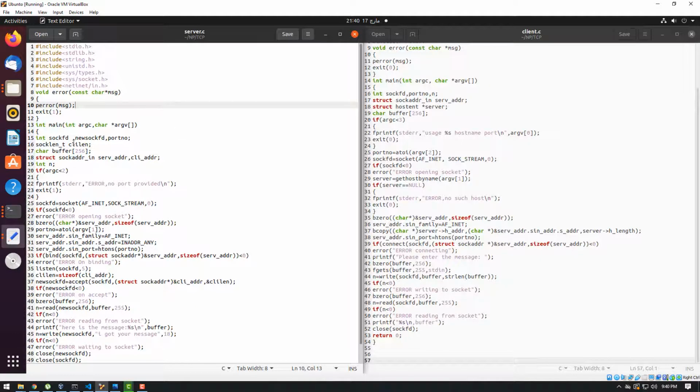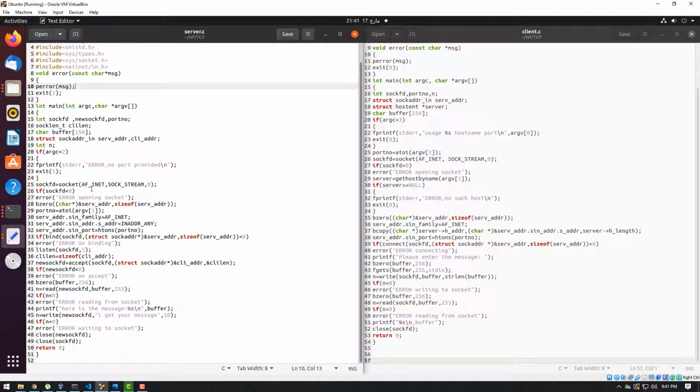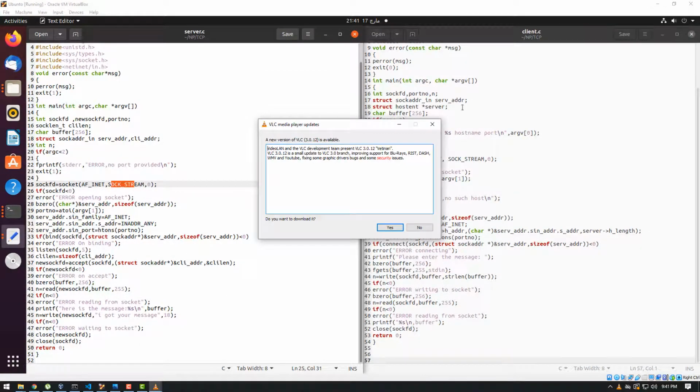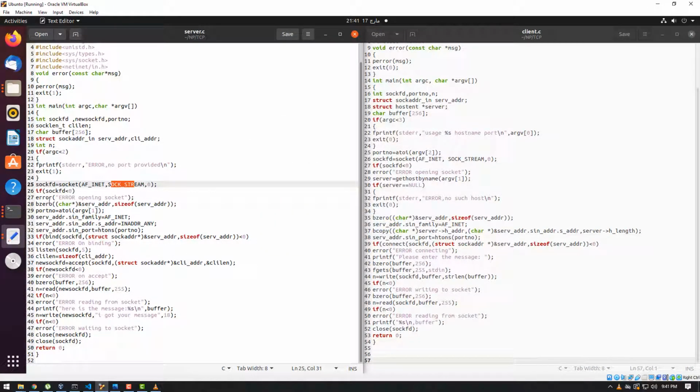So the first step is to create a socket descriptor, the required variables, and a buffer to store the message. If the argument count is less than 2, then show the message that the port number and localhost are not provided. For the TCP/IP model we have used SOCK_STREAM, and for the UDP model we use SOCK_DGRAM. The default protocol argument is 0. If the socket descriptor is less than 0, it will simply display a message that there is an error opening the socket.